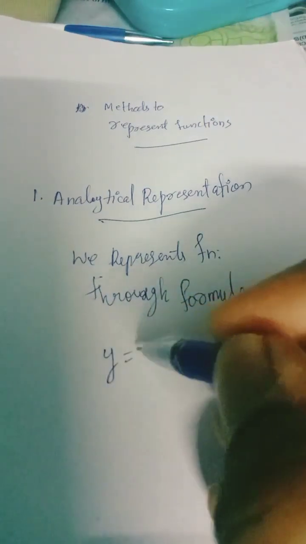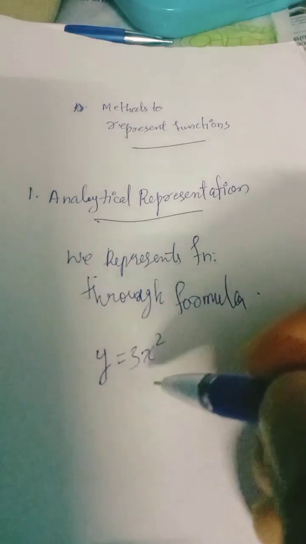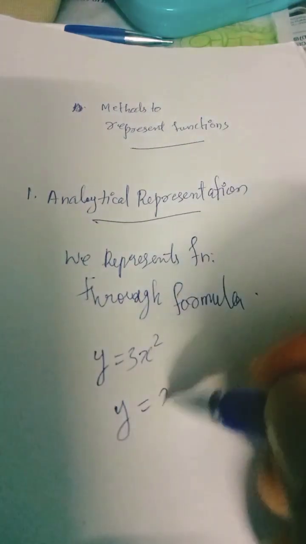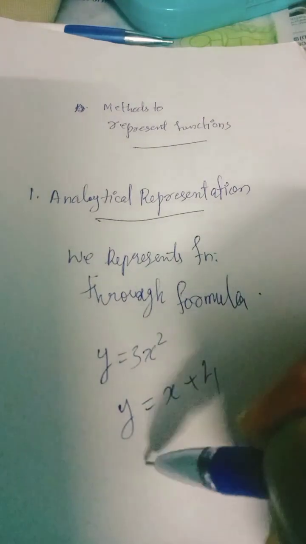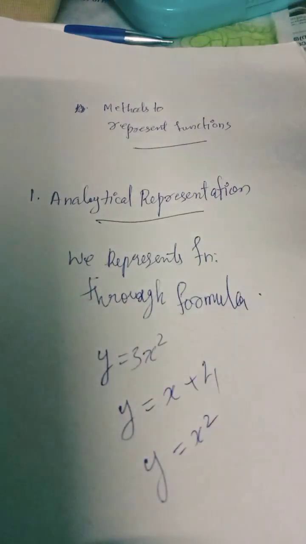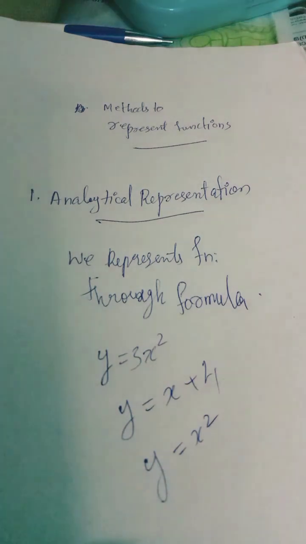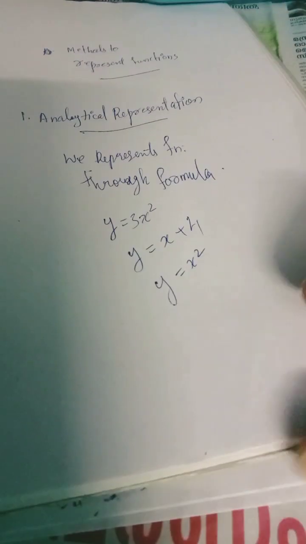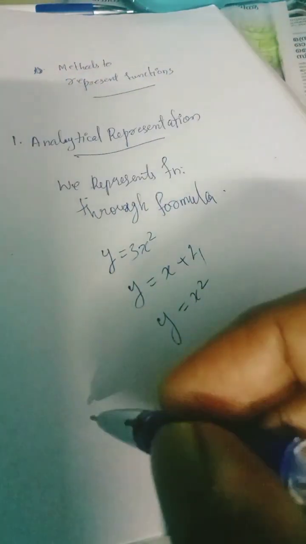For example, y is equal to 3x square, y is equal to x plus 4, y is equal to x square. Likewise we represent the function here. In analytical representation we represent the function through a formula, and that is the first mode of representation. So let's move to another one. Next one is